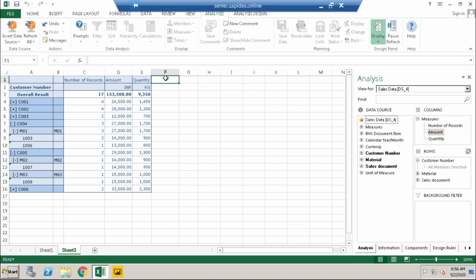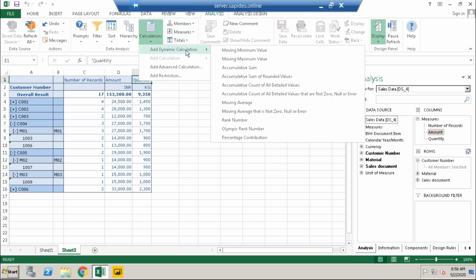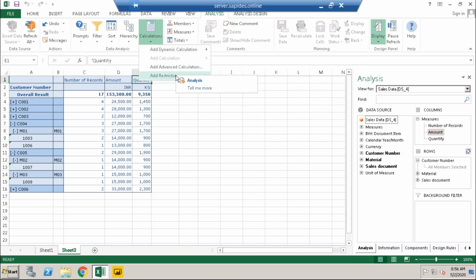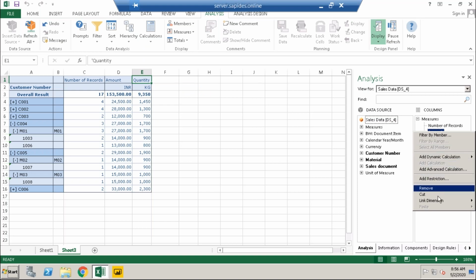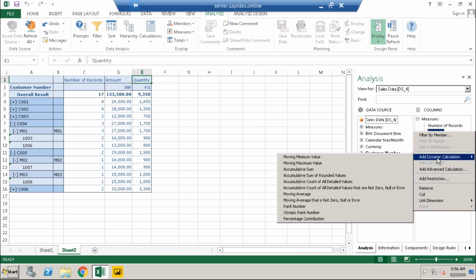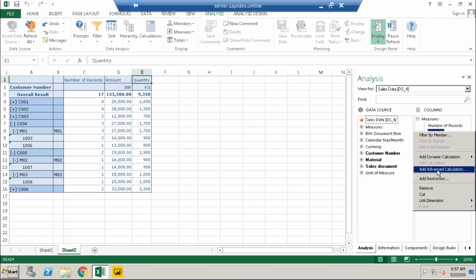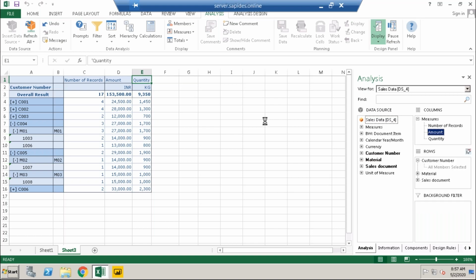Now, if I need a discount value here, additional components, I can create additional calculations here. So add dynamic calculations. Okay, otherwise I can do average, some restrictions; I can apply a filter. Instead of that, if I want to create an additional member from here, I can create it the same way: add dynamic calculations, moving value, minimum value, maximum value, cumulative percentile, or advanced calculations.